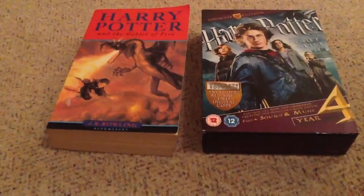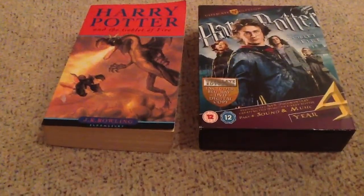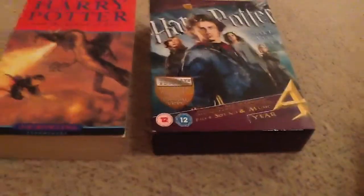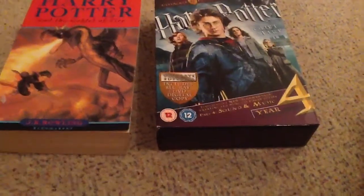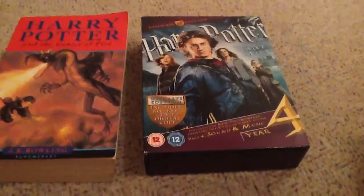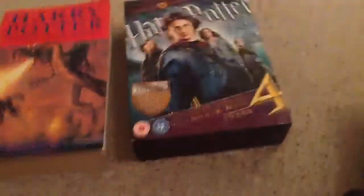The book, oh, bloody good. It's my favourite book and my favourite film. Well, second favourite, but yeah, they're very good. Out of 10 for the book, 10. Out of 10 for the film, 9.5. So yeah, that's